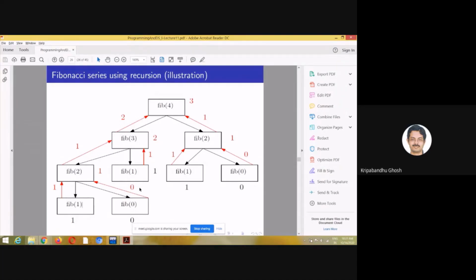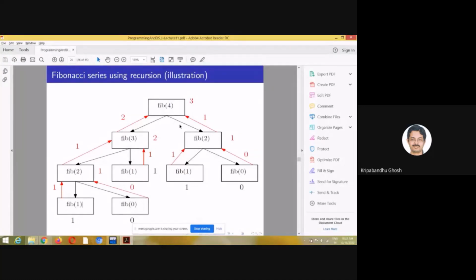Fibonacci 1. So this is a base condition again. So Fibonacci 1 is 1. These two values, 1 and 1, go up to calculate Fibonacci 3, which is 1 plus 1, 2. So it goes on like this. For Fibonacci 2, we already know Fibonacci 2 is 1, and these get transferred to Fibonacci 4. The control basically returns from Fibonacci 3 and Fibonacci 2 to construct Fibonacci 4.